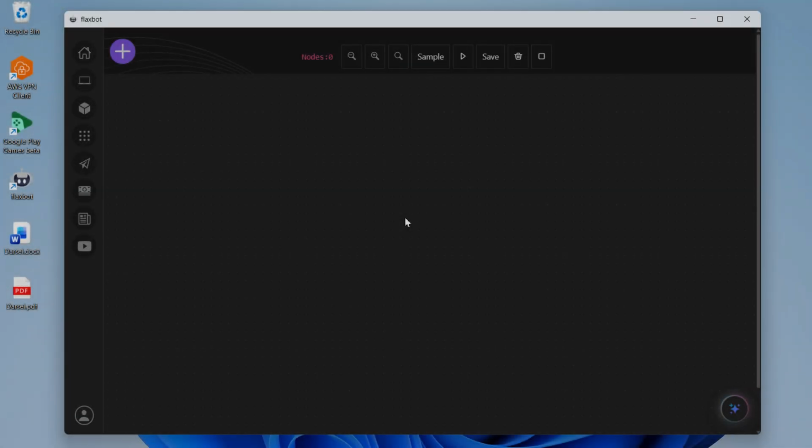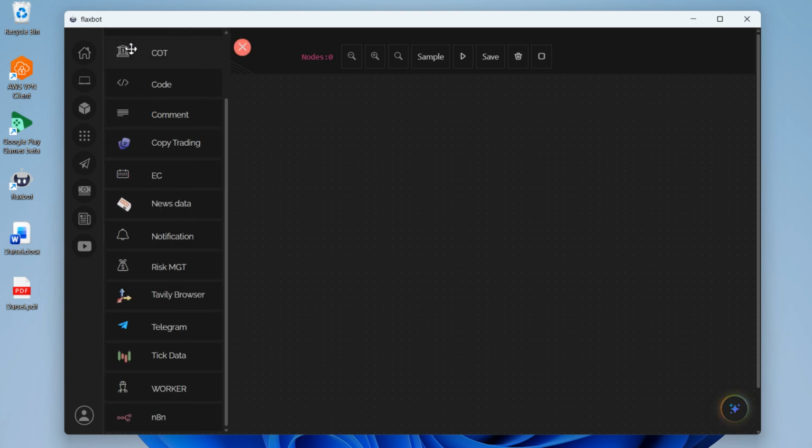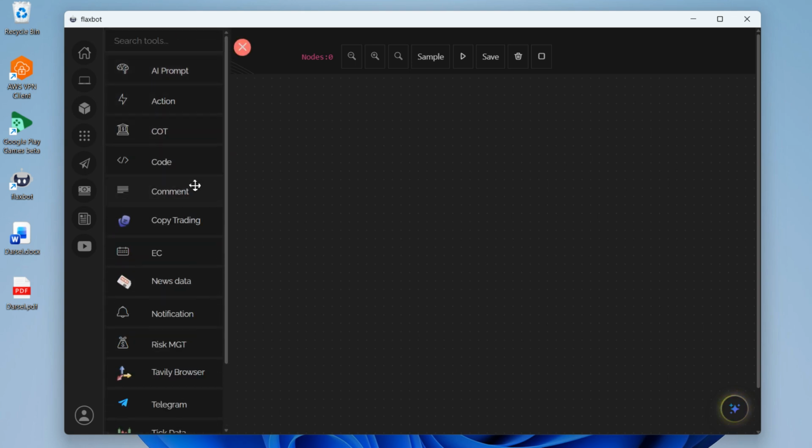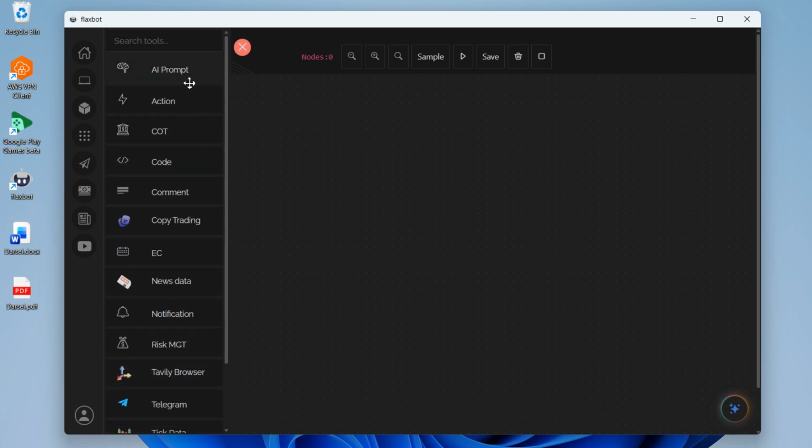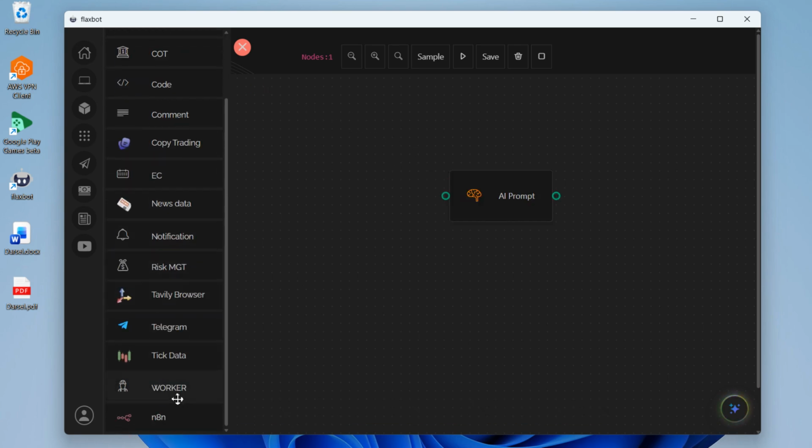There is something I want you to notice. There are two AI tools in the Tools menu. You have the AI Prompt tool, and then you also have the Worker tool. Both tools use AI models to work on data provided to the model, but there is a difference in their